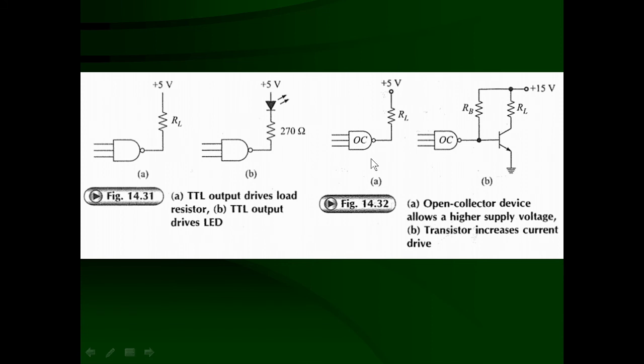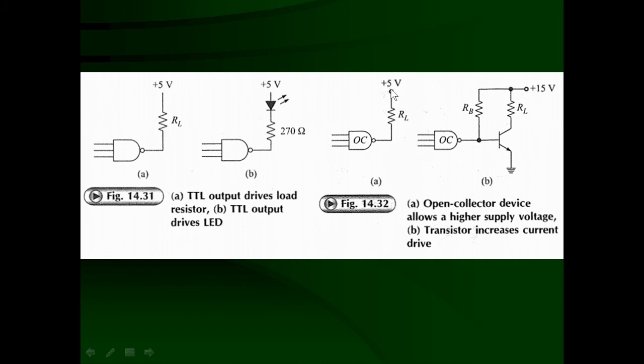Second thing, sometimes you require that the output of this TTL driver can drive a CMOS, etc., which may require a higher voltage, not 5 volt. It may require 10 volt, it may require 15 volt, or it can drive a relay, etc., which will have a higher voltage. That means this load resistance, here it is a mistake, actually not 5 volt. It is required that you want to drive 15 volt for a CMOS, etc.